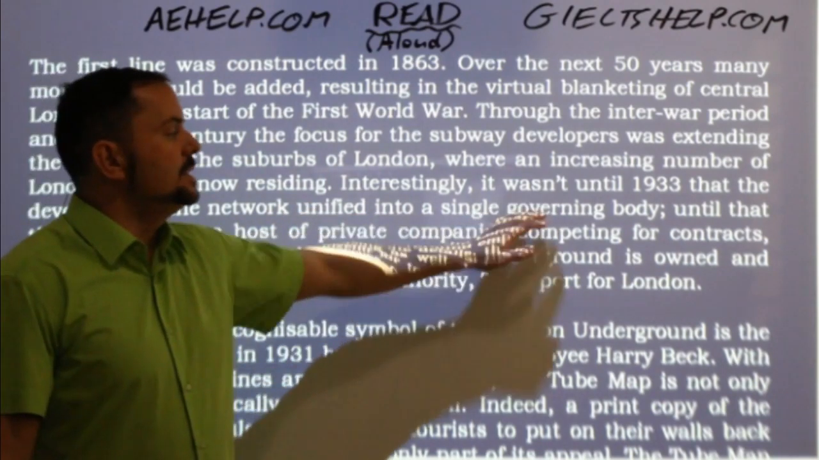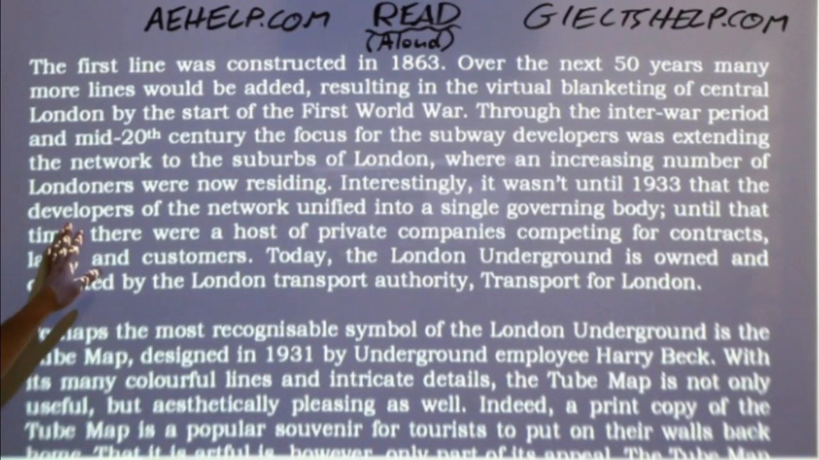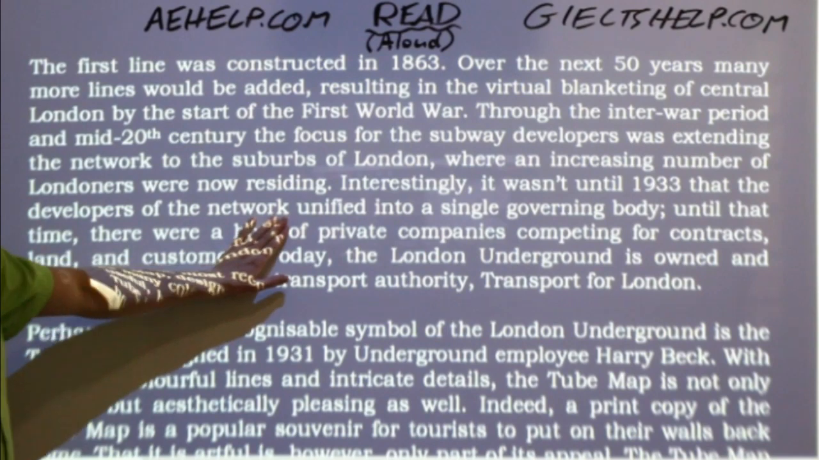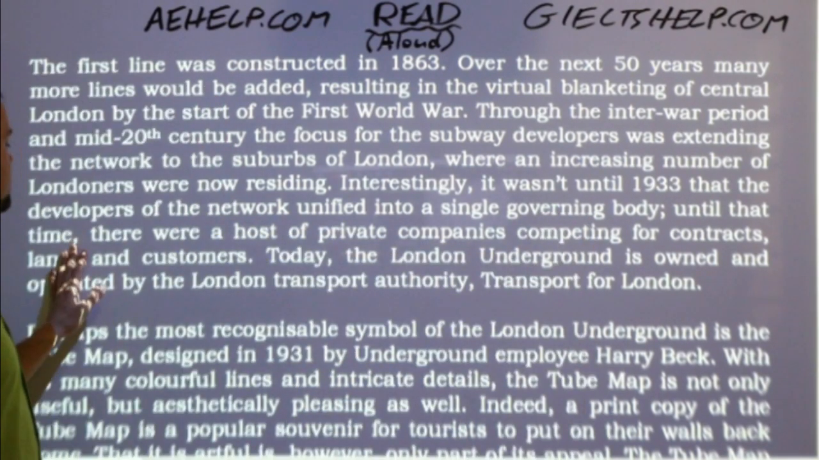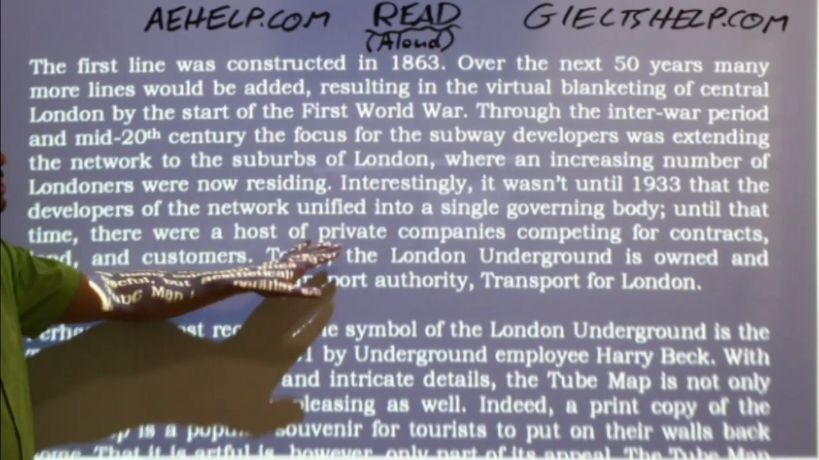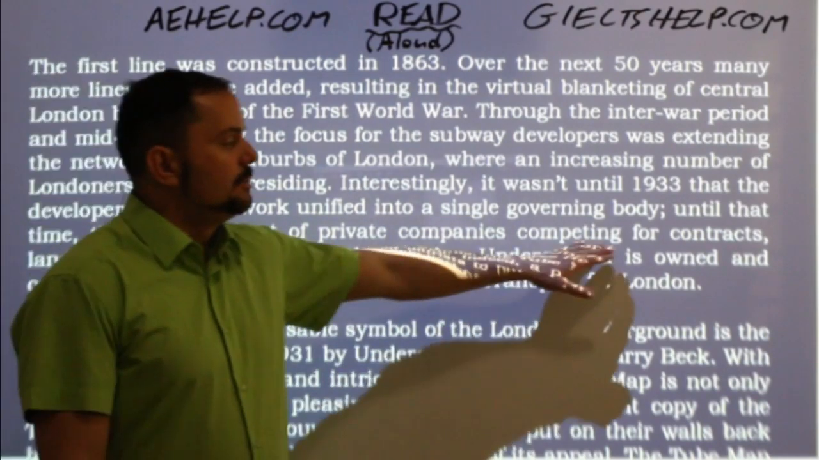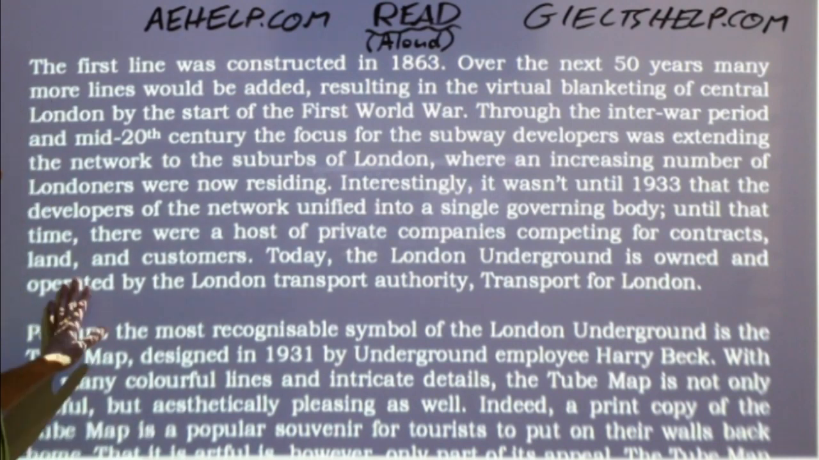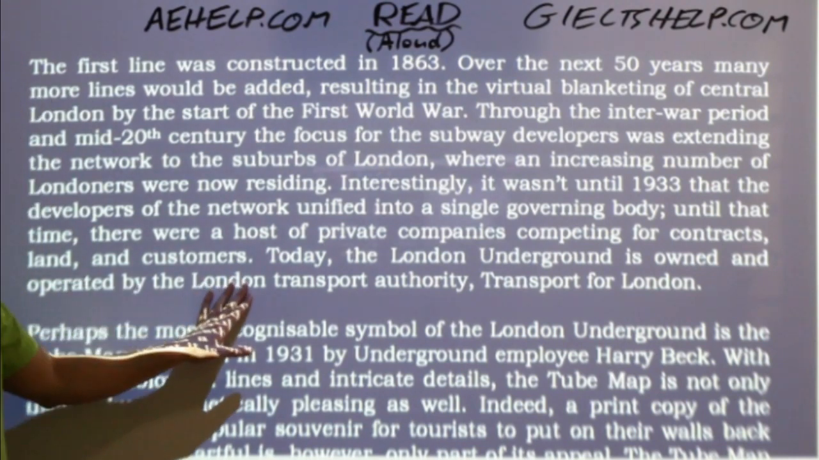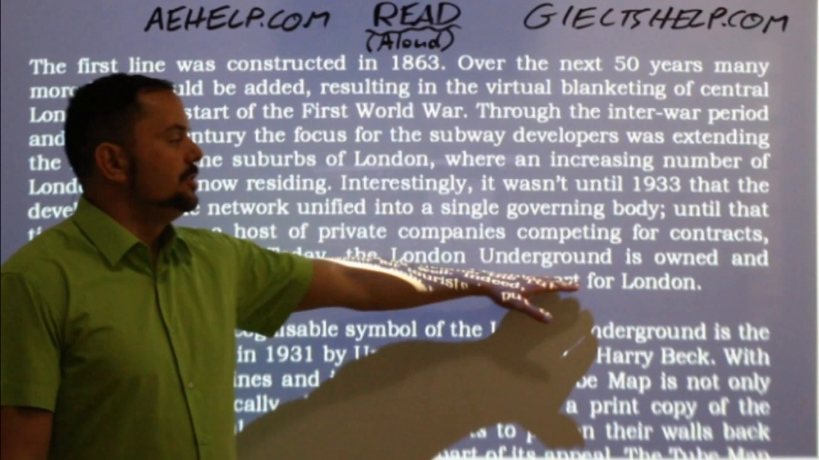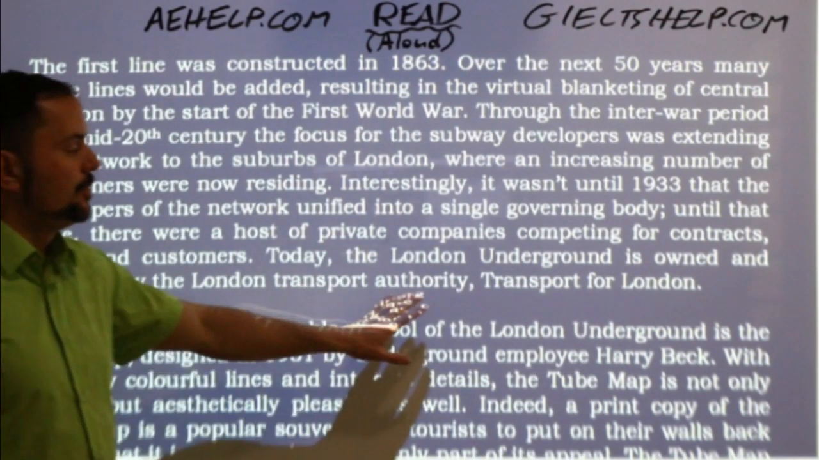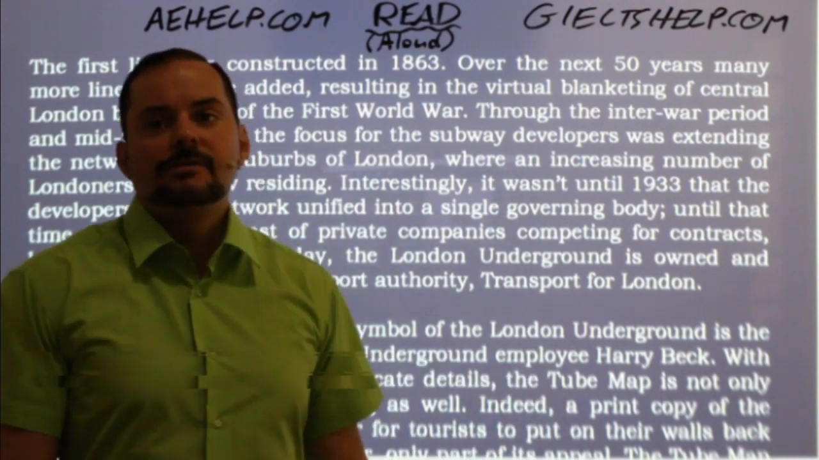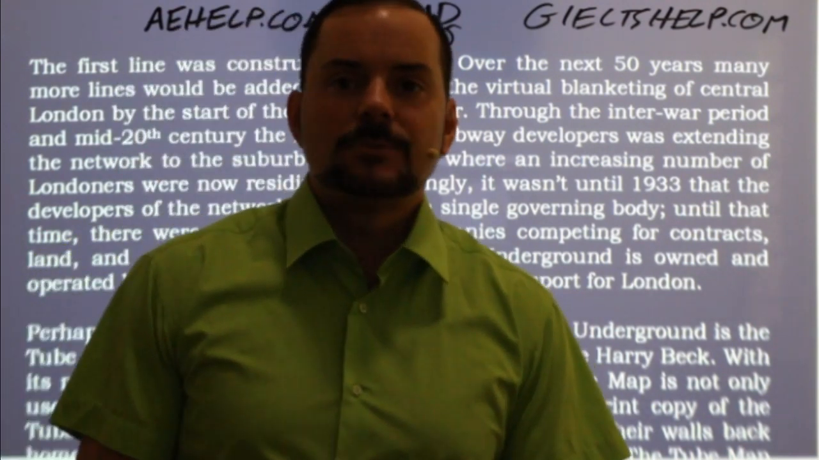Interestingly, it wasn't until 1933 that the developers of the network unified into a single governing body. Until that time, there were a host of private companies competing for contracts, land, and customers. Today, the London Underground is owned and operated by the London Transport Authority, Transport for London. All right, so